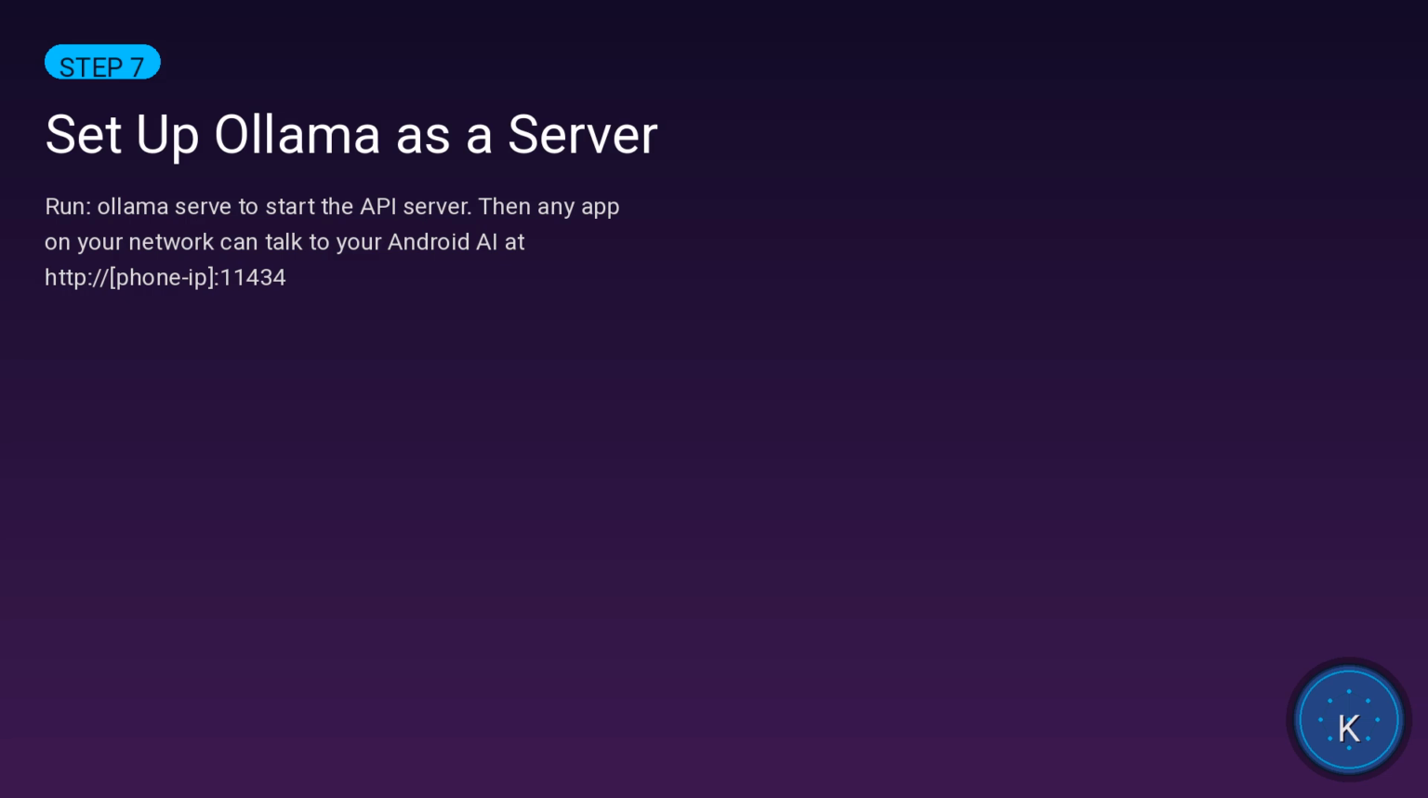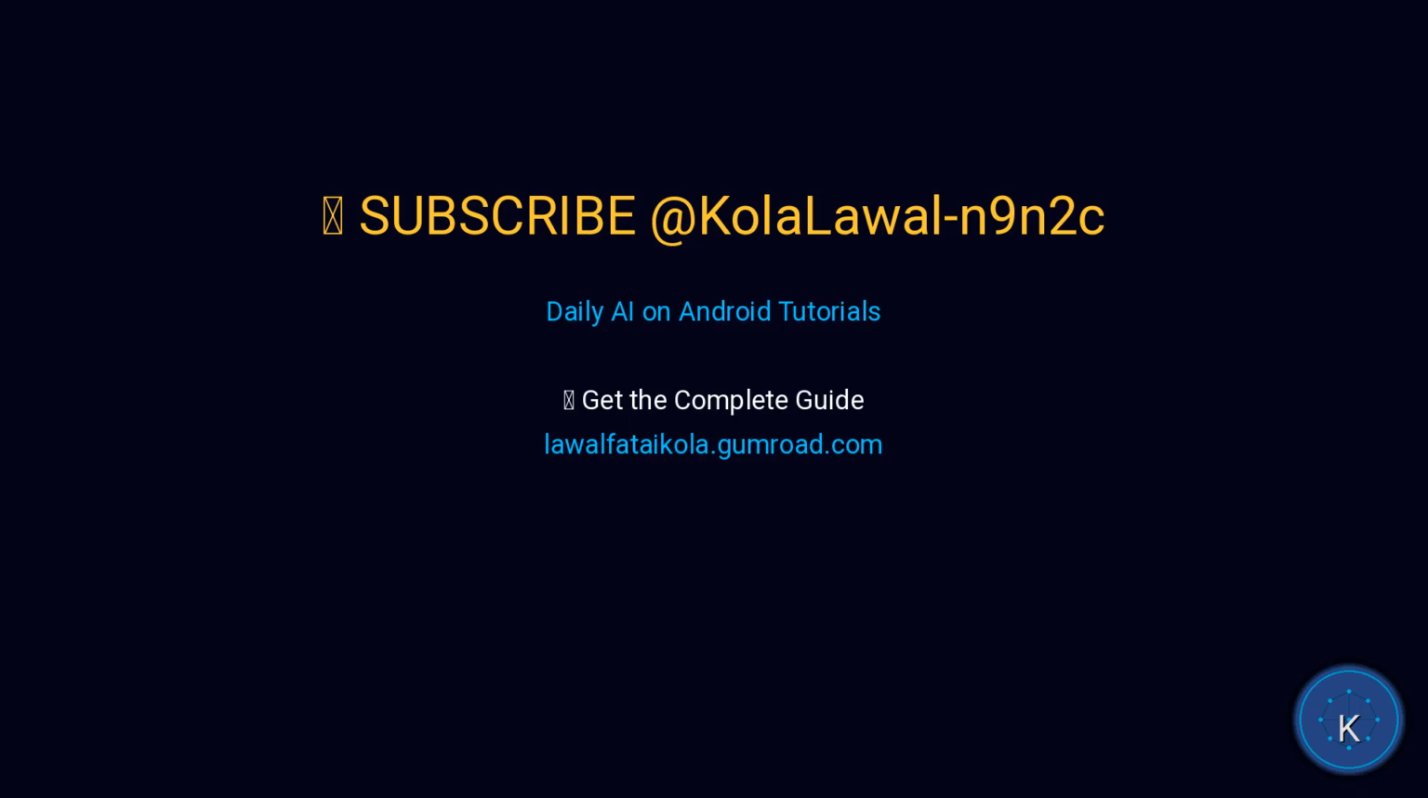Run your first AI chat. Type ollama run llama3.2:1b and start chatting. Your Android phone is now running a local AI. Press Ctrl+D to exit. Use ollama list to see all